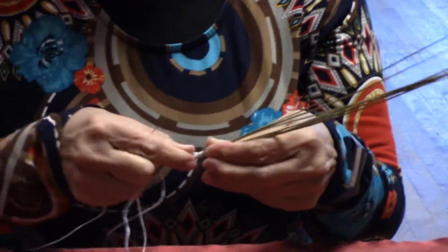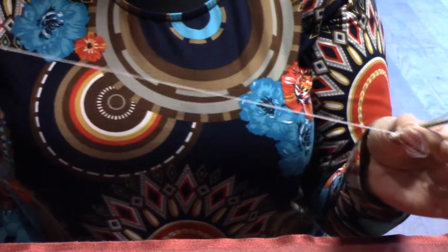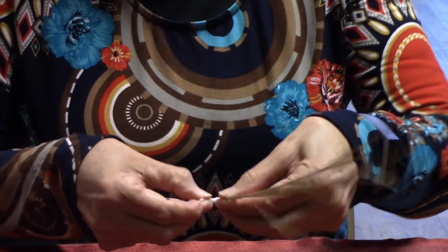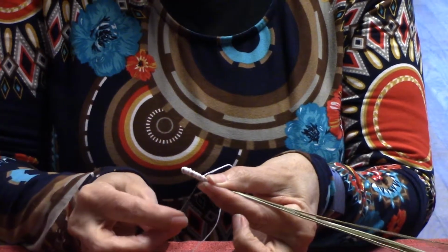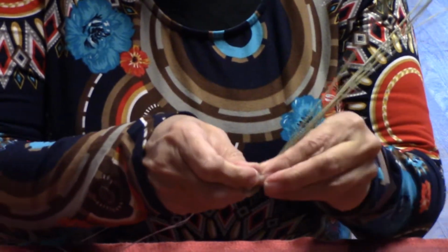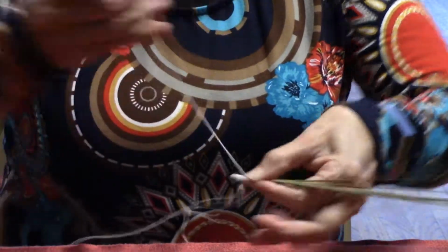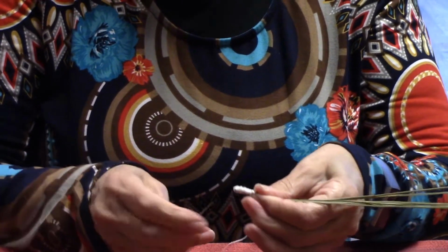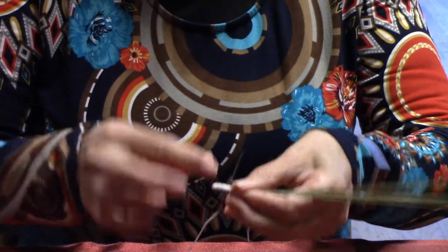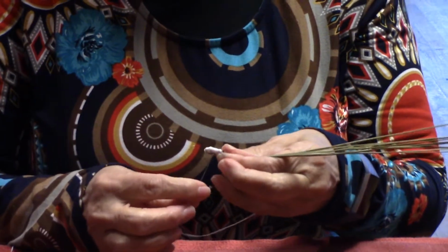Start at one end and go to the other end to sew them together so that they don't come unraveled. And once you get to the end, you bend the needles to start forming a base. And sometimes you can go to the other side to pull it through so that it will catch and hold it tighter. And then you come through the middle of the ones that's not wrapped, and you go back over to the other side